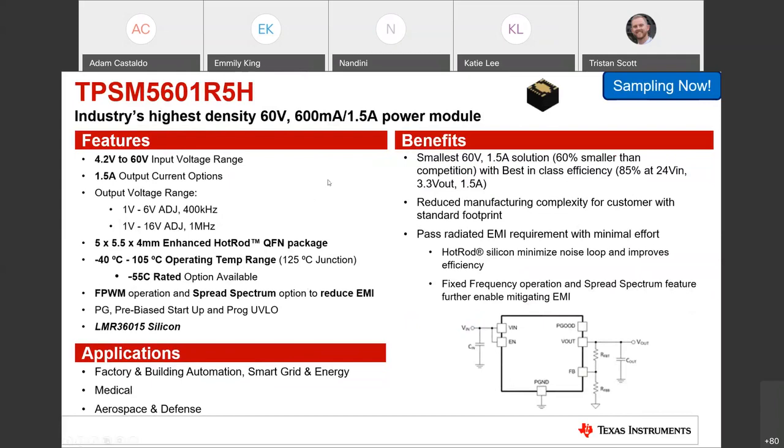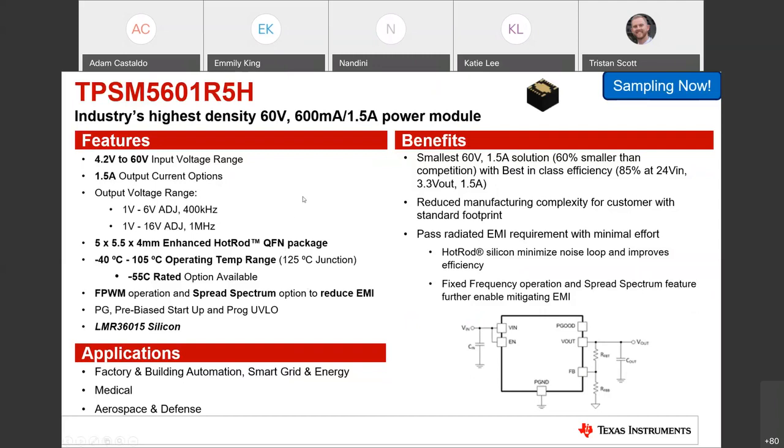It has a 1 to 6 volt adjustable output range operating at 400 kilohertz for better efficiency on your 3.3 and 5 volt common rails, as well as a higher switching frequency of 1 megahertz for your higher output voltages.